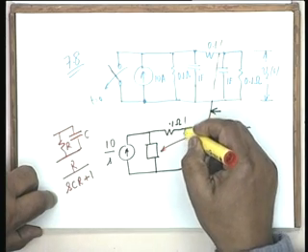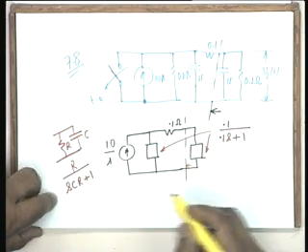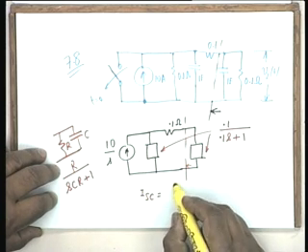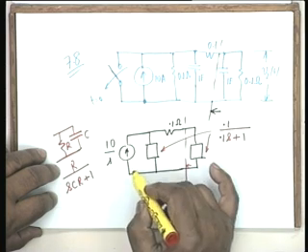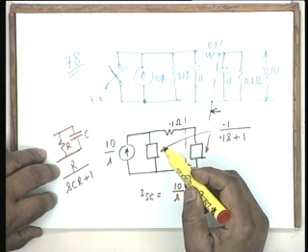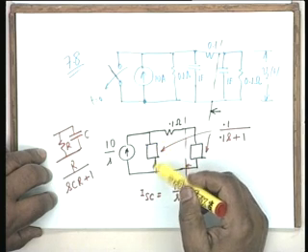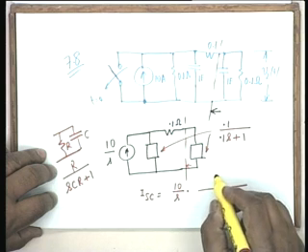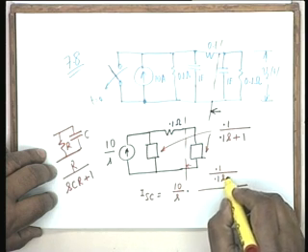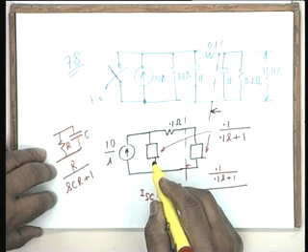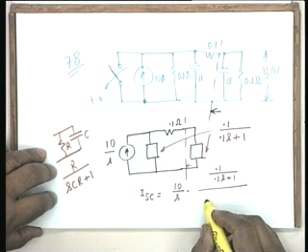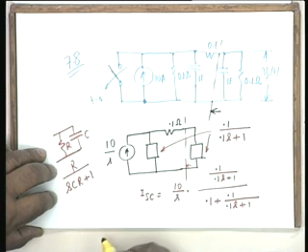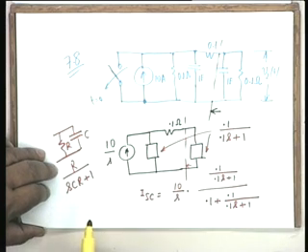Therefore, if I apply Norton's theorem, for the current source ISC you can easily see that this would be 10 by S multiplied by the current splitting into two parts, one through this and the other through 0.1 ohm, and this will be short circuited. So this would be 0.1 divided by 0.1 S plus 1, the other impedance, divided by the sum of the two impedances, that is 0.1 plus 0.1 divided by 0.1 S plus 1, which you can now simplify. This is ISC.